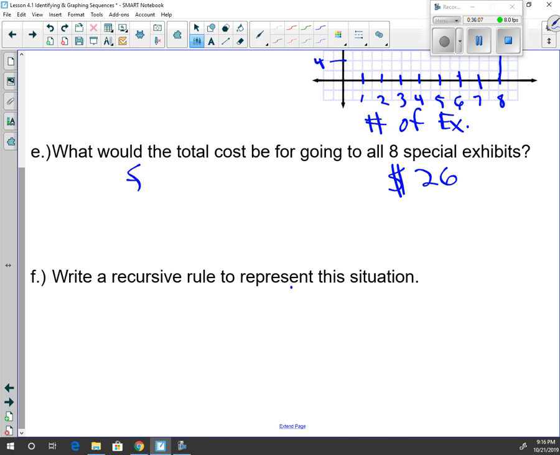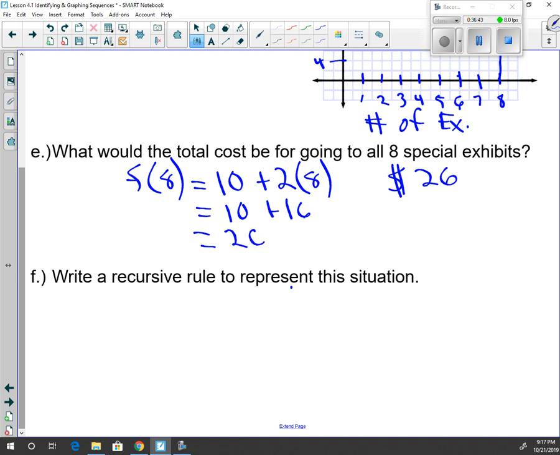What that would be is f of 26, not plus, equals... I did the wrong thing. It's not f of 26. I'm not going to 26 exhibits. I'm going to 8. So f of 8. Going to 8 exhibits. f of 8 equals the $10 admission charge plus $2 times the 8 exhibits I attend. All right. That would be 10 plus 2 times 8, which is 16. And voila, we got what we thought we'd get, 26. So 8 exhibits would be